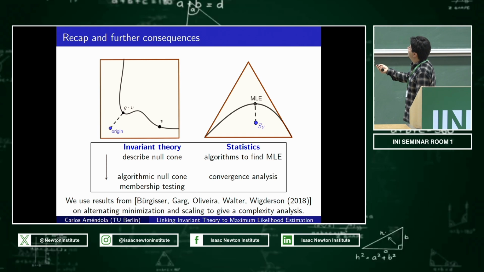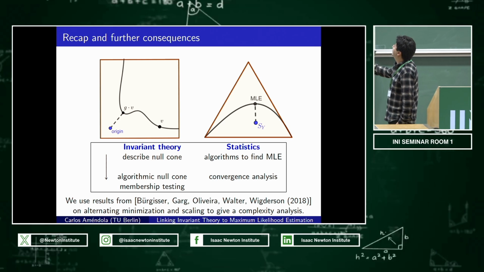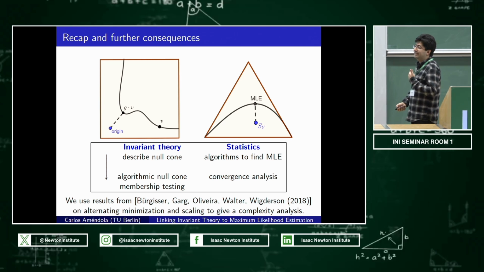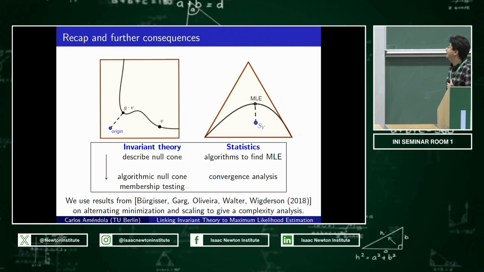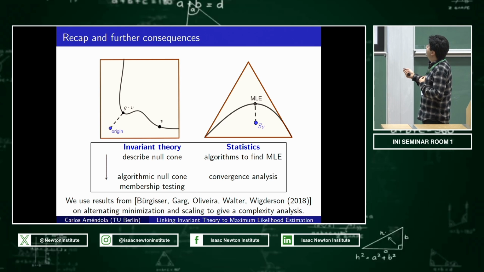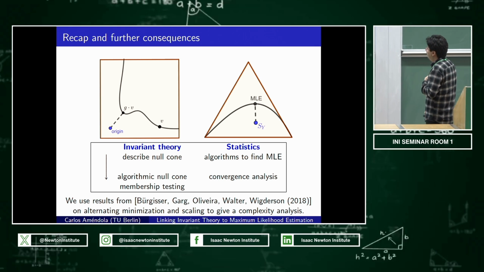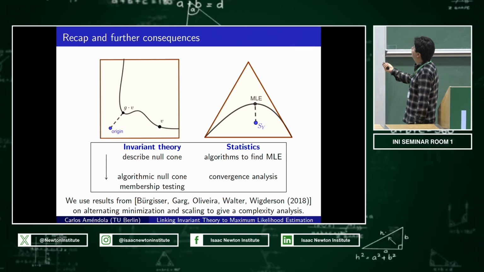So now you can see this is the MLE and the invariant theory side. You can think about algorithms, right? Of course. So in statistics, we have algorithms to find the MLE. There is, for example, iterative proportional scaling, IPS, in the discrete case. In the Gaussian case, there is something called the flip-flop algorithm. And, well, people have been studying ways to solve the capacity problem. And here I have a reference with Peter Bürgisser and collaborators, Avi Wigderson here. And